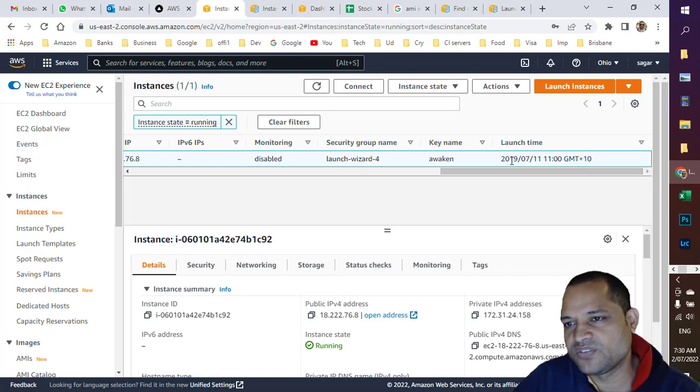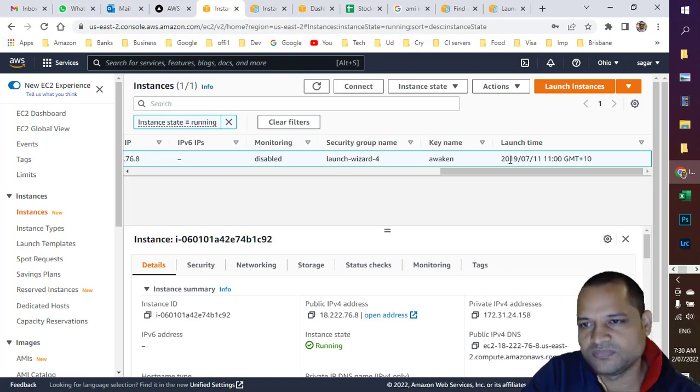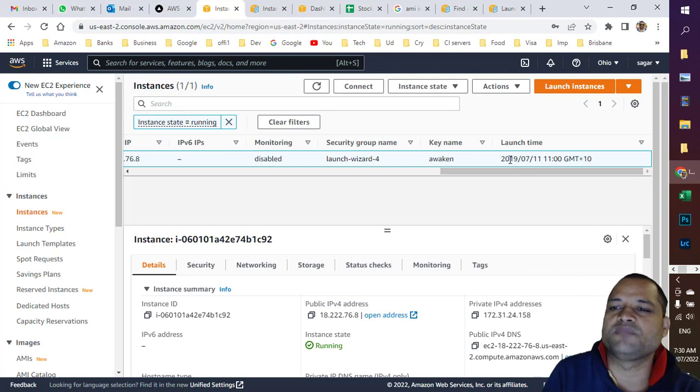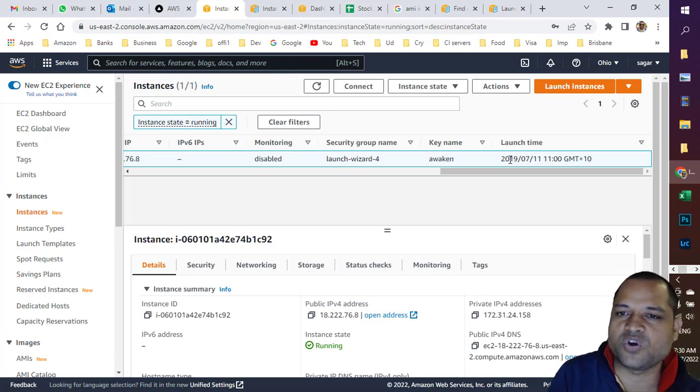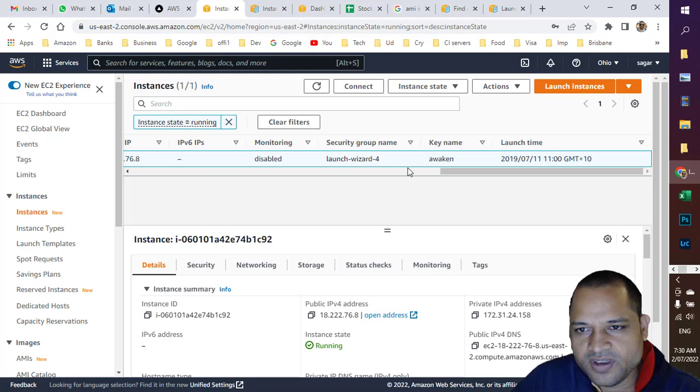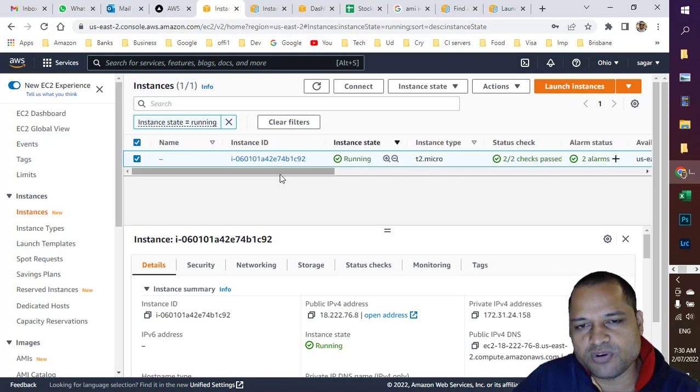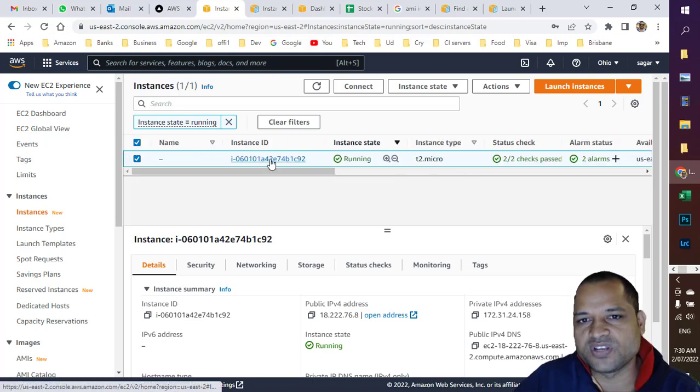And it is showing the launch time here. So launch time is the first time you launched that EC2 instance. After that you can restart your EC2 instance, so that time is not mentioned here. This is the first time when you launched your EC2 instance. Now to get more information about this EC2, what you can do is click on this instance ID and it